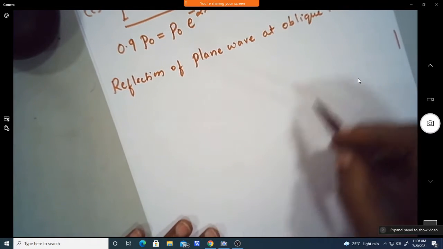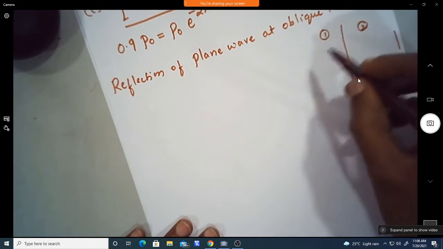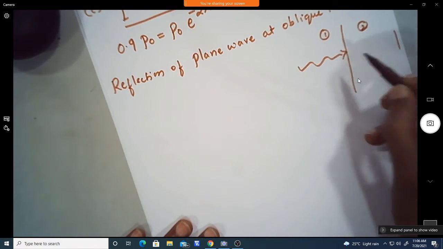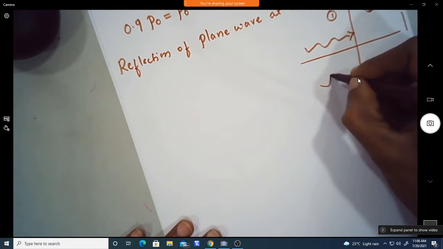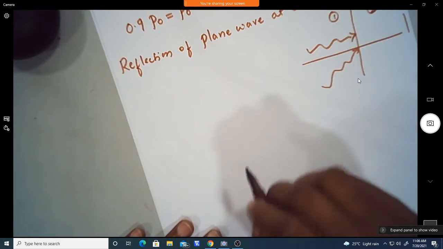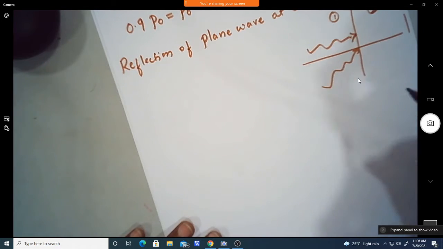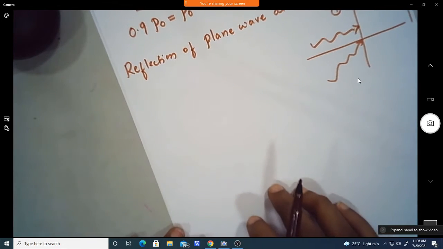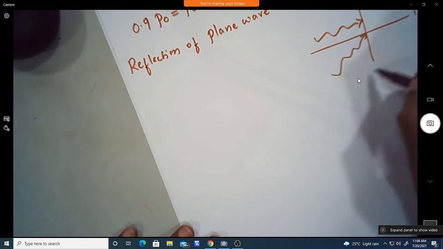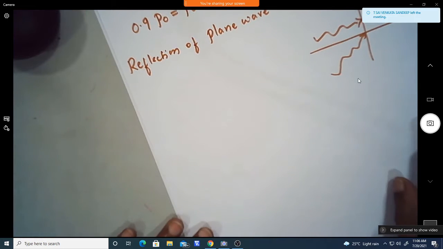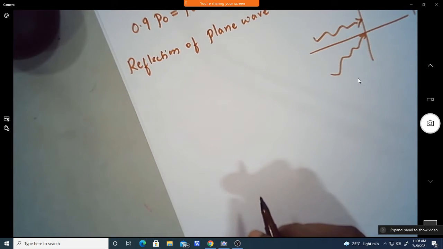Okay, so in the earlier discussion we had the interface with medium 2 and medium 1, where the wave was normally incident on this interface. Now we will see if there is any wave at some angle theta coming at the interface, then what are all the parameters and equations we need to consider. So this is the most general case. At any angle we can incident the wave and we are going to consider the field equations and also other parameters.